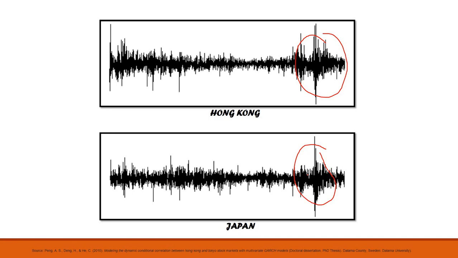Or even I can say that these 2 markets tend to move together, which means that these 2 markets are not independent. I think some dependency is there between these 2 markets. Either the Hong Kong market is dependent on Japan, or the Japan market is dependent on Hong Kong. So this model, the DCC model, is going to find out whether there is a relationship between these 2 variables or not, whether there is a relationship between the returns of the Hong Kong index and the returns of the Japan index.